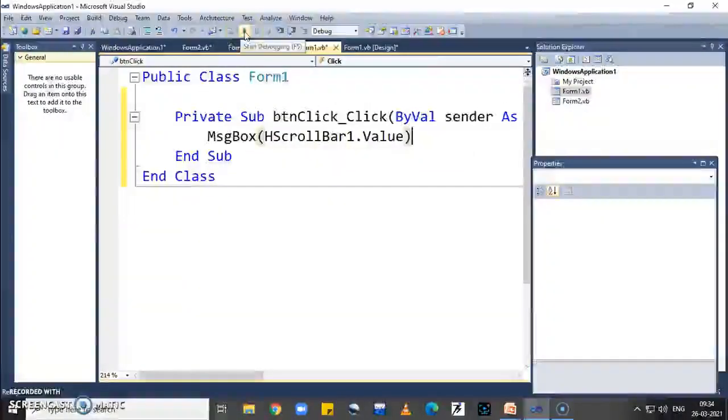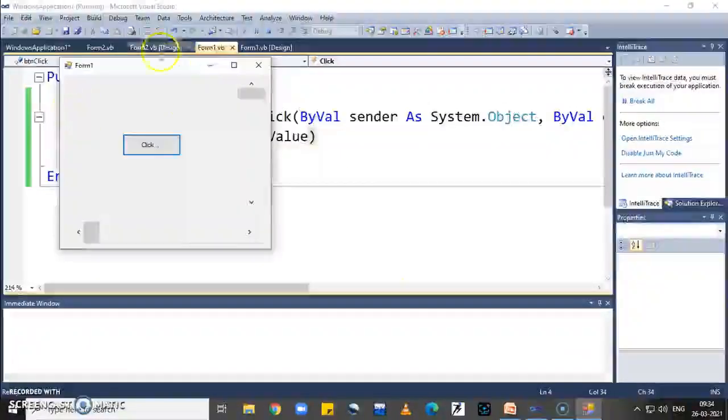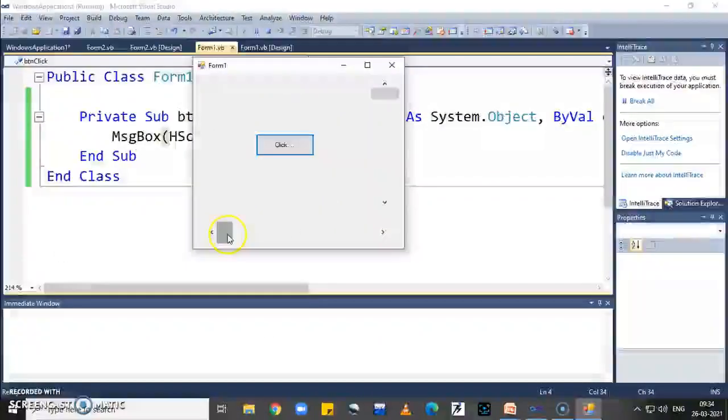So first of all run the application form 1. Here horizontal scroll bar, whenever we click on small arrow of both sides, then it increments by every time 10, 10, 10. Okay, left or right, both side.